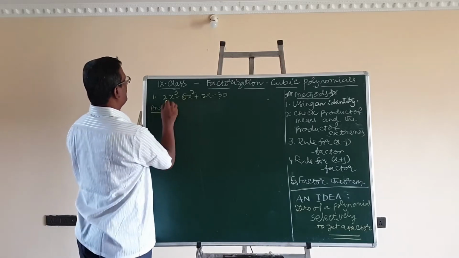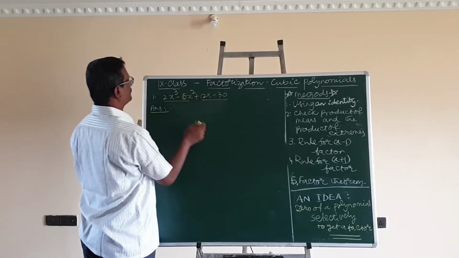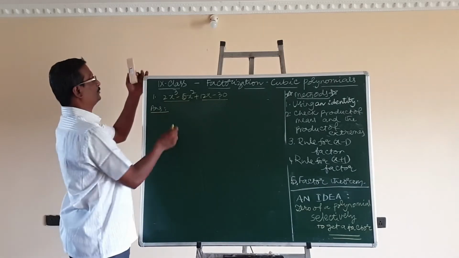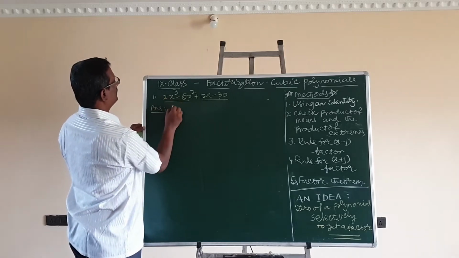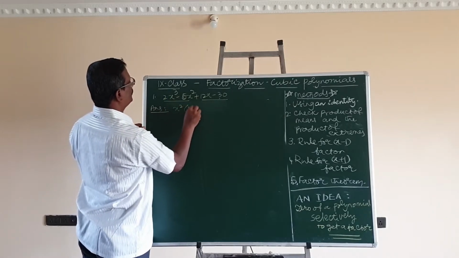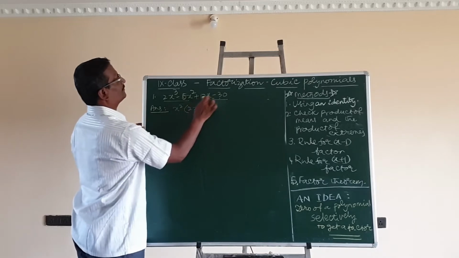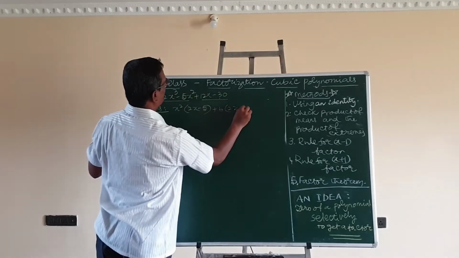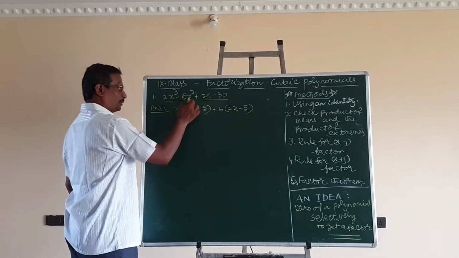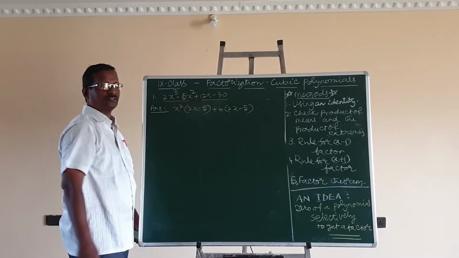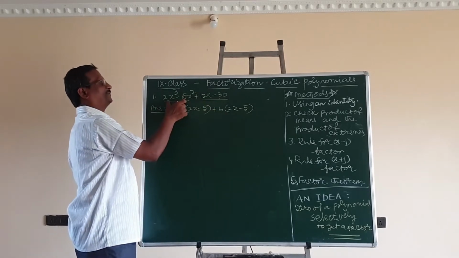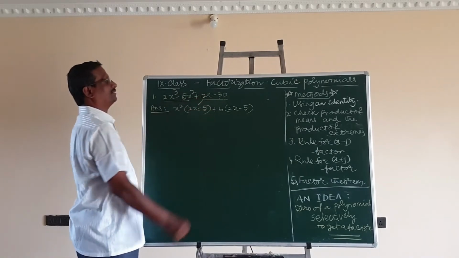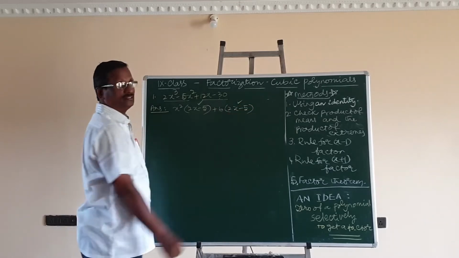The idea we can use here: from the first two terms, a common factor, and from the next two terms, another common factor. When you take here x squared into 2x minus 5, and from these two terms common factor 6 into 2x minus 5. Suppose the product of two middle terms and the product of extreme terms are equal. When you take a common factor from the first two terms and the common factor from the next two terms, whatever is inside the bracket we get, the same we will get. This is the principle.